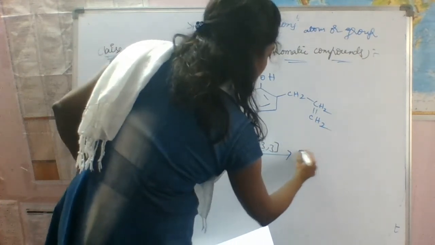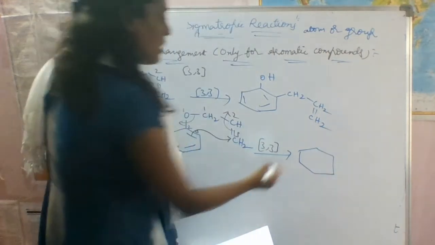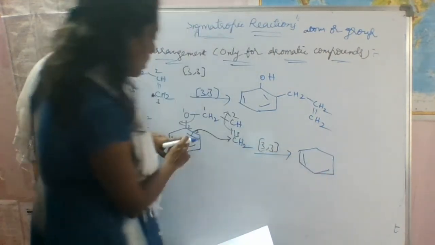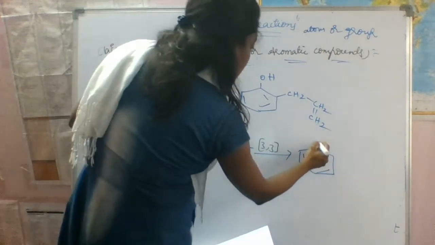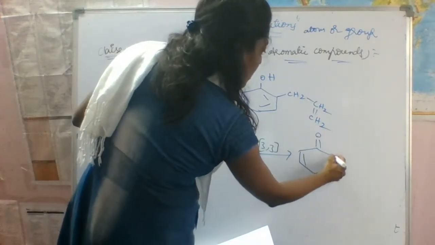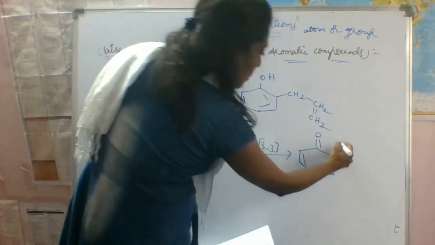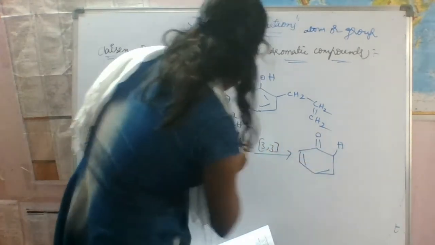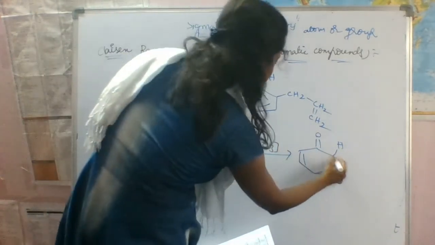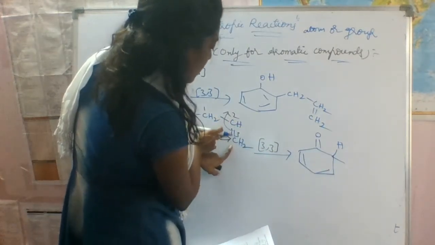Okay. So next, if you see here, there is no double bond. Please keep in your mind, right? There is a next double bond, O is there. Here one hydrogen is present. Don't forget that because this is important. Okay. Next, we have to shift this CH2. So there is no double bond between this second and third carbon.